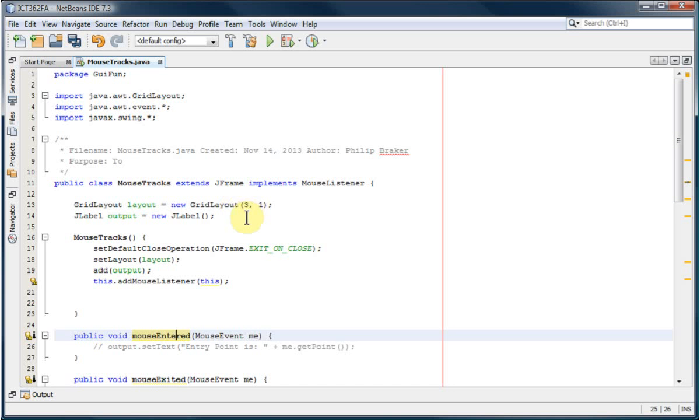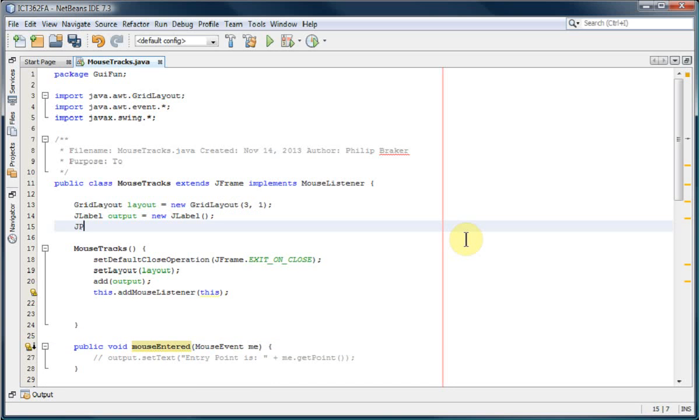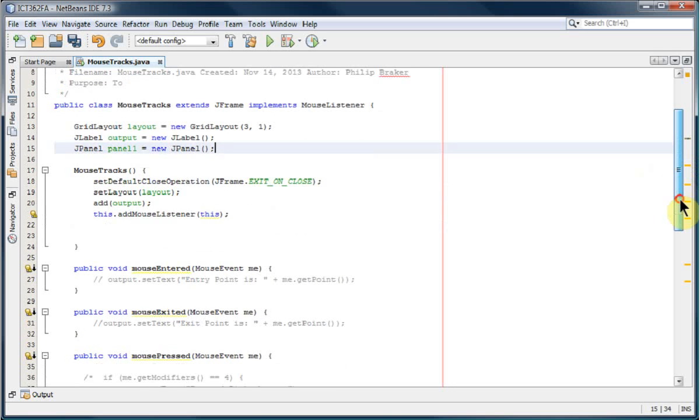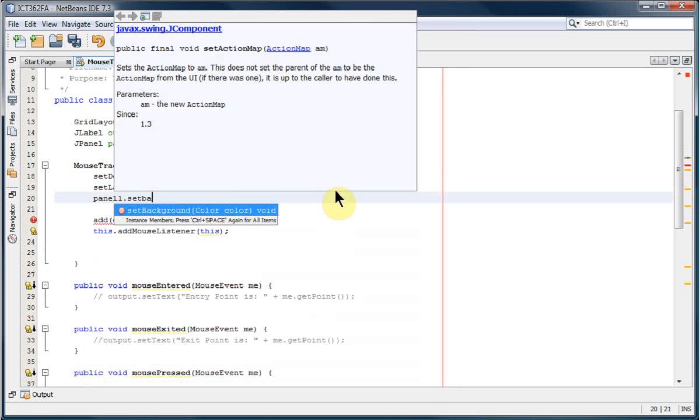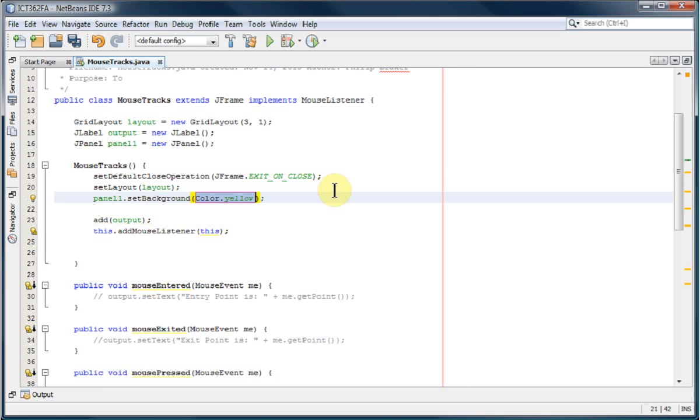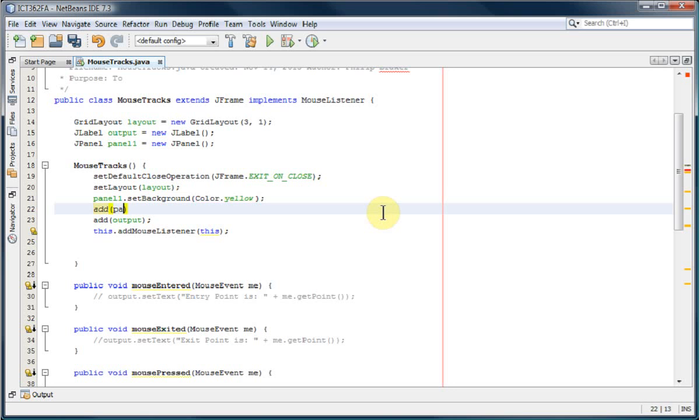So let's go ahead and create a JPanel here. And let's go ahead and set the panel color to something else. So we got set layout. We have to do this in our constructor here. So let's do that right here. And yeah, yellow works. And then let's go ahead and add the panel. Okay, so here we've added our panel,